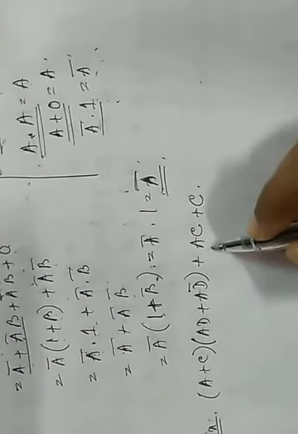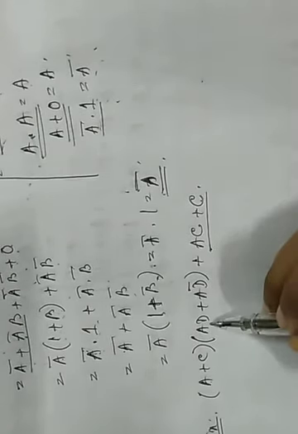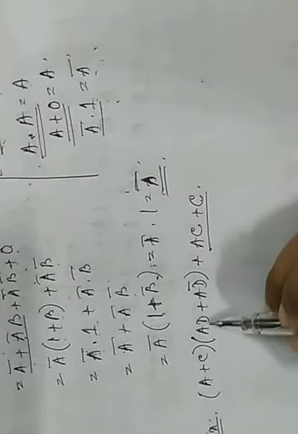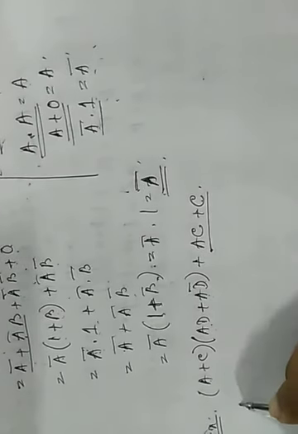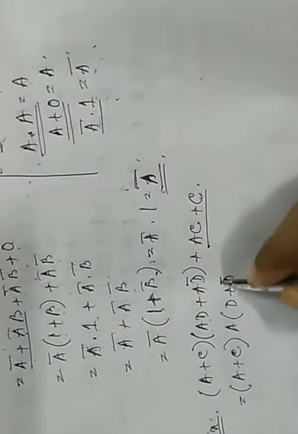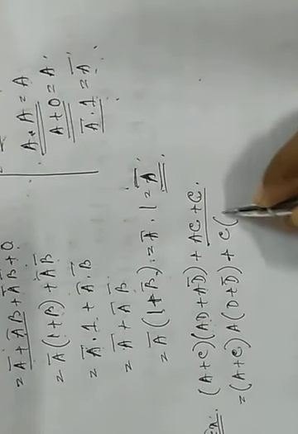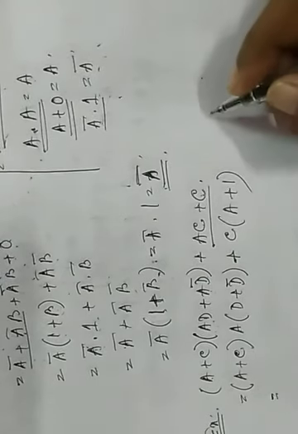So here, from these two terms we can take common c, and in this term we can take common a, because a dot d plus a dot d bar, so we can take a common. Now a plus c is left as it is, and here I am taking common a, d plus d bar, plus, after taking c as common, a plus 1.